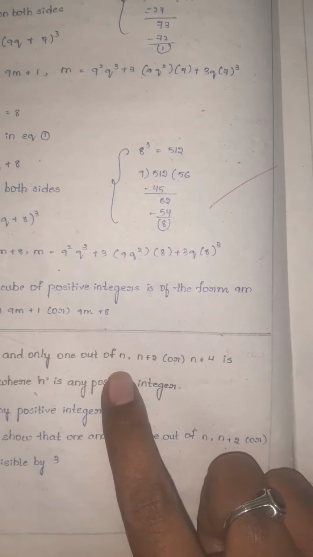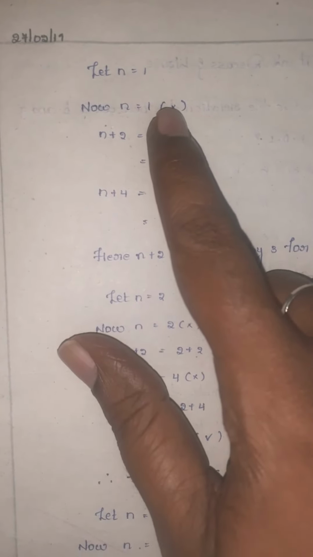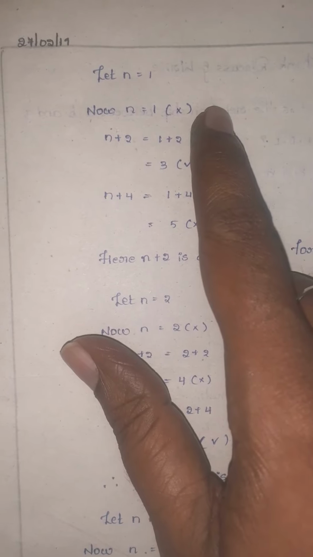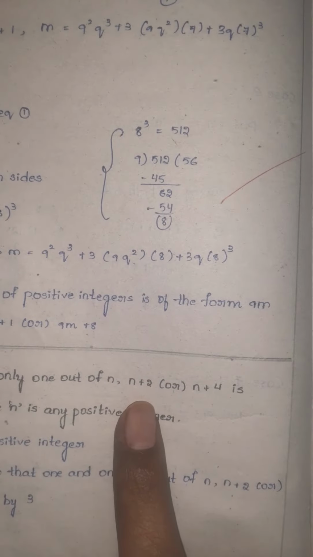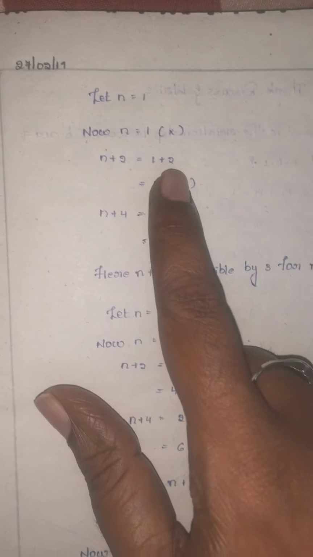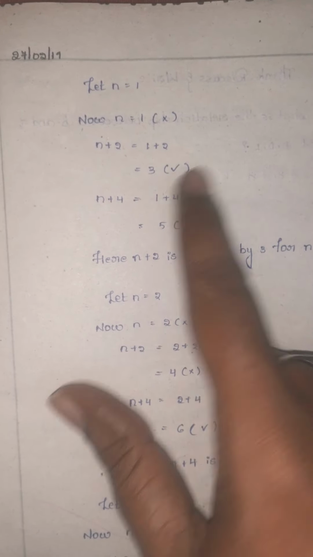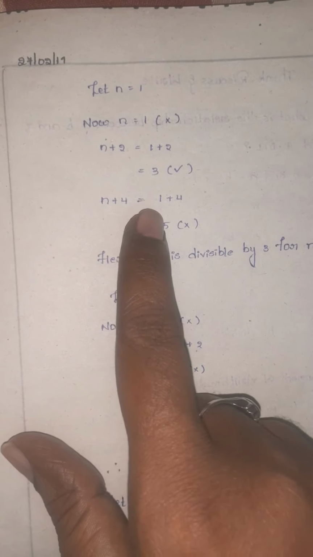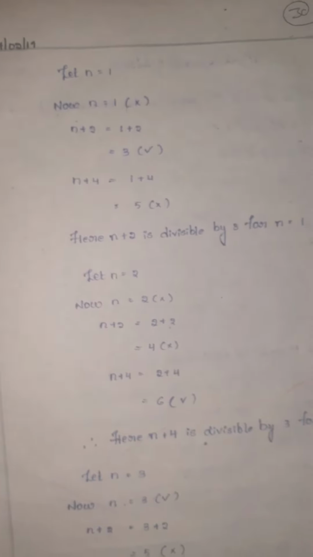so what is our first question here? First condition n. In place of n you are taking 1, means 1 is divisible by 3 or not, you should check. So 1 is not divisible by 3. So condition failed. Next condition is what? n plus 2. Means you should take 1 plus 2. 1 plus 2 how much? 3. So 3 is divisible by 3. Condition satisfied. So n plus 4, 1 plus 4, how much? 5. So 5 is not divisible by 3.